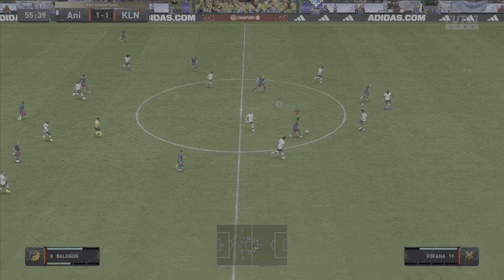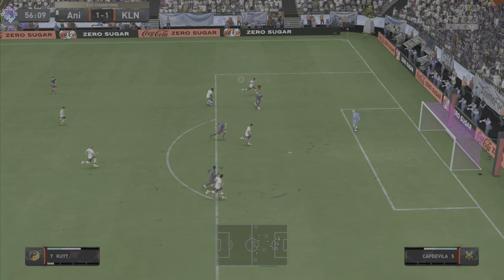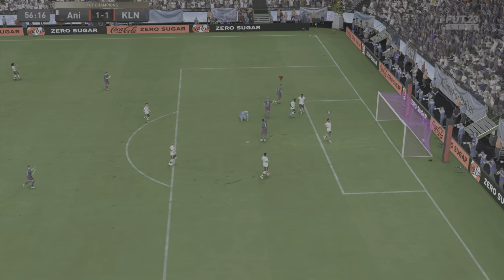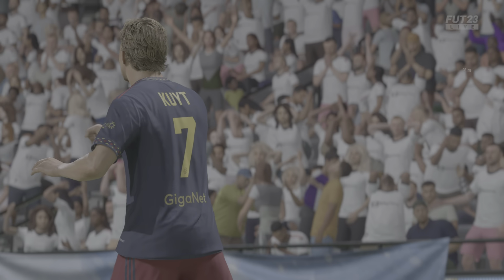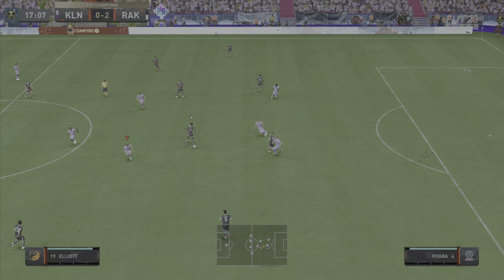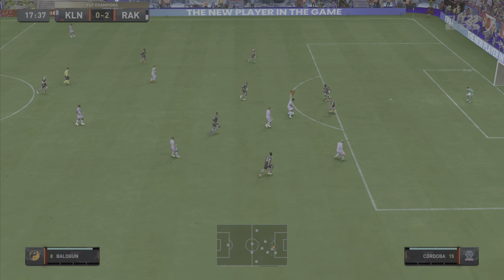Balogun has it. Dirk Kuyt is the only player ahead of him. He needs a perfect pass, and he gets a perfect pass. Through on goal, tucks it away. 2-1 in this game. Fantastic finish, and Dirk Kuyt does end up scoring, and Balogun does end up getting yet another assist. Moving on to the next clip,